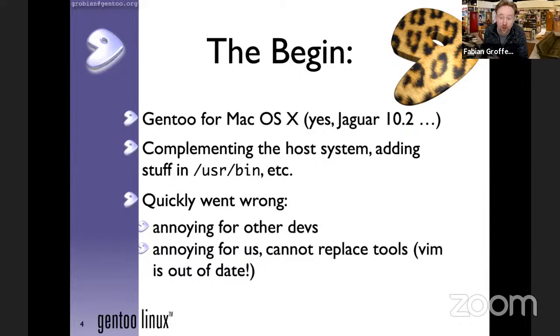For Gentoo as a whole, Gentoo for macOS was also not so nice because there were all kinds of exceptions that had to apply for the macOS port, and people don't like that. In Gentoo, there are shell scripts that define how you're going to build software, and you add a lot of if cases, basically. So that wasn't really working very well.